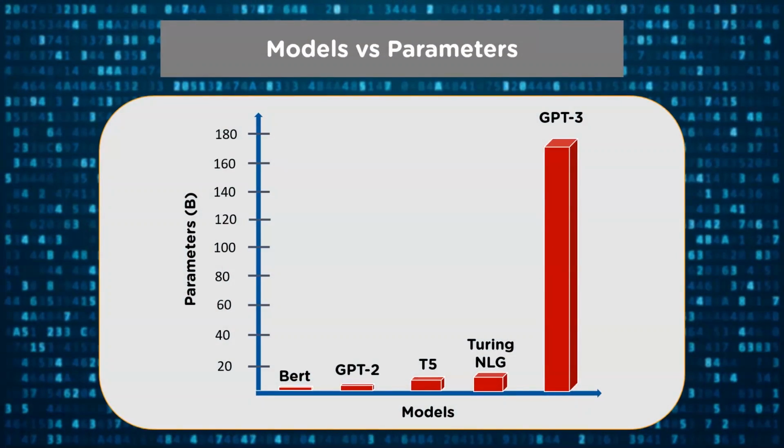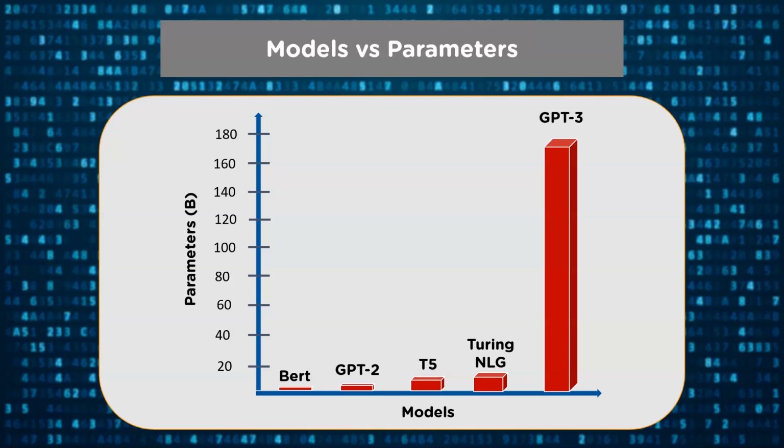On the screen, you can see the different language models and the number of parameters in billions that were used to create the model. Using pre-trained models and fine-tuning them to solve specific tasks has become a popular trend in the field of natural language processing. From the graph, you can see that Google's BERT model uses 110 million parameters, but the BERT large model uses 340 million parameters. The previous GPT model, that is GPT-2, had 1.5 billion parameters.